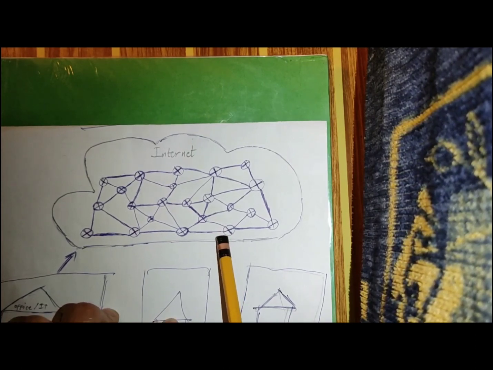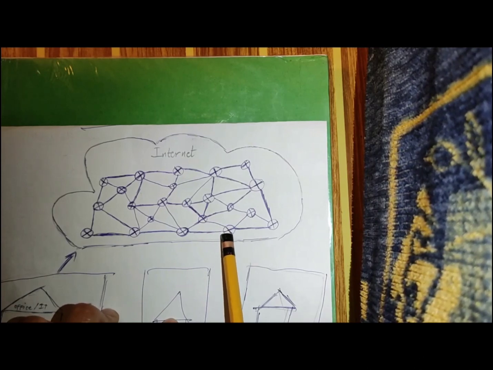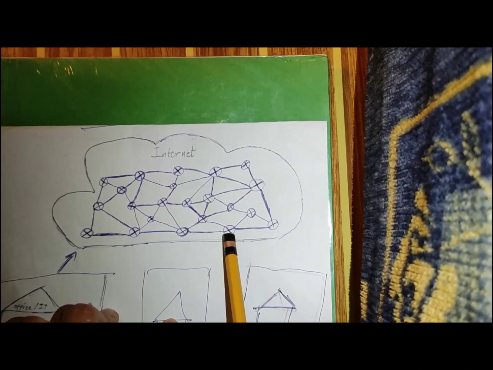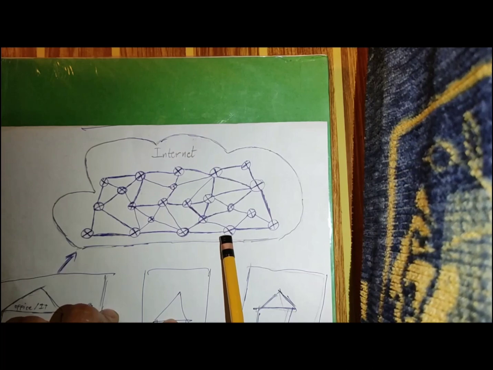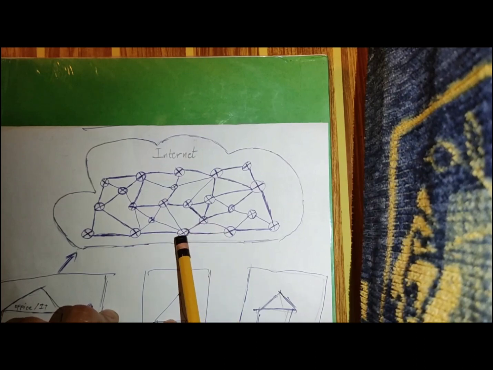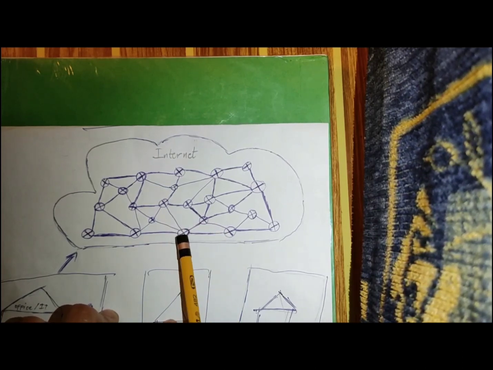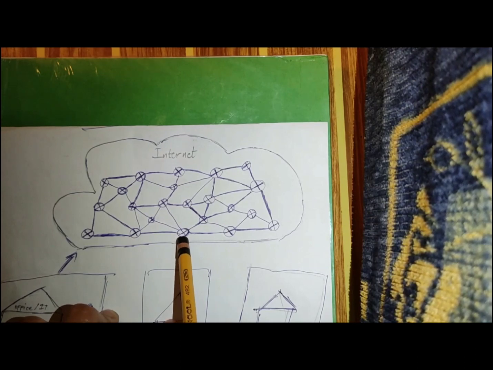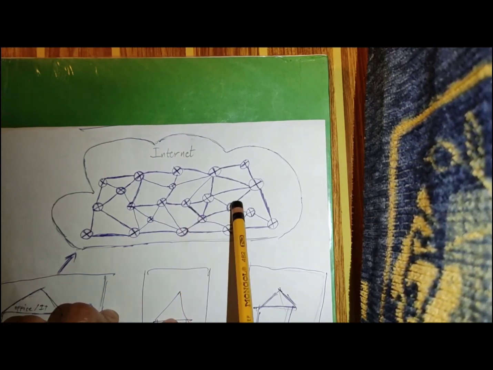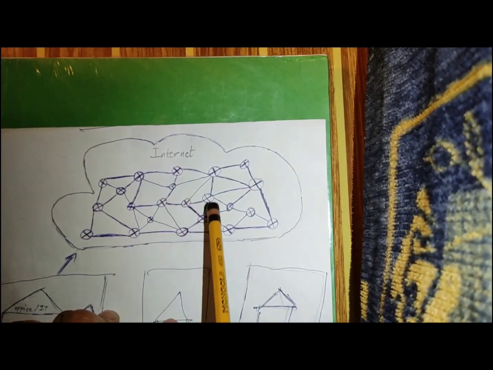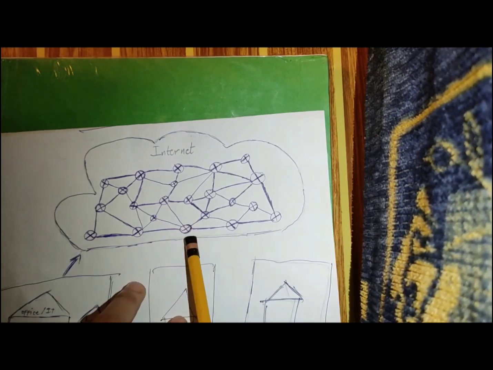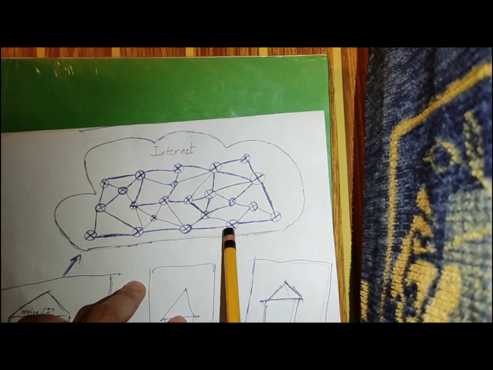So here, assuming this network consists of a large number of computers: workstations, servers, routers, switches, hubs, ISP, or other devices. Same with this one, this network consists of hundreds of computers, routers, ISP, servers, same as the other. So there are many networks around the globe. I can't draw all the networks in the world, so this is just a diagram, a representation, so that you can understand the logic.